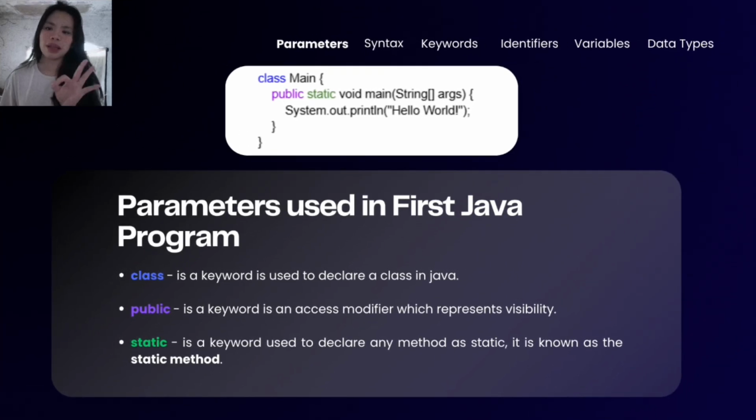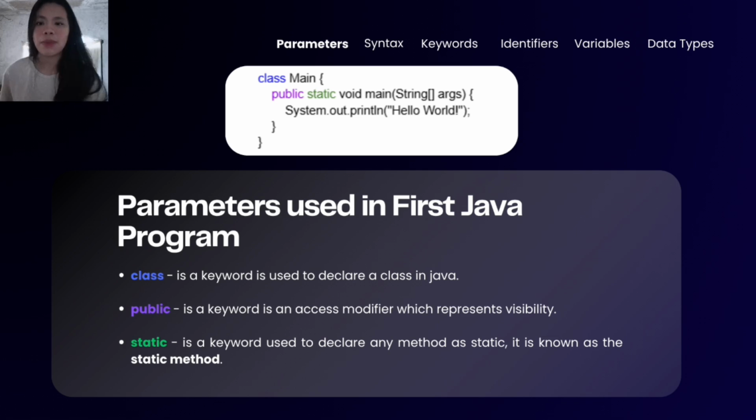So here are the first three parameters used in the first Java program. We have class, public, and static. In the example shown above, we can see the first three parameters. The line class Main shows the use of the class keyword, which defines the structure of the program and names it Main. Next is public static void main String args. The word public makes the method accessible to the Java system so it can run. Lastly is the keyword static, which means this method belongs to the class itself, so Java can execute it without